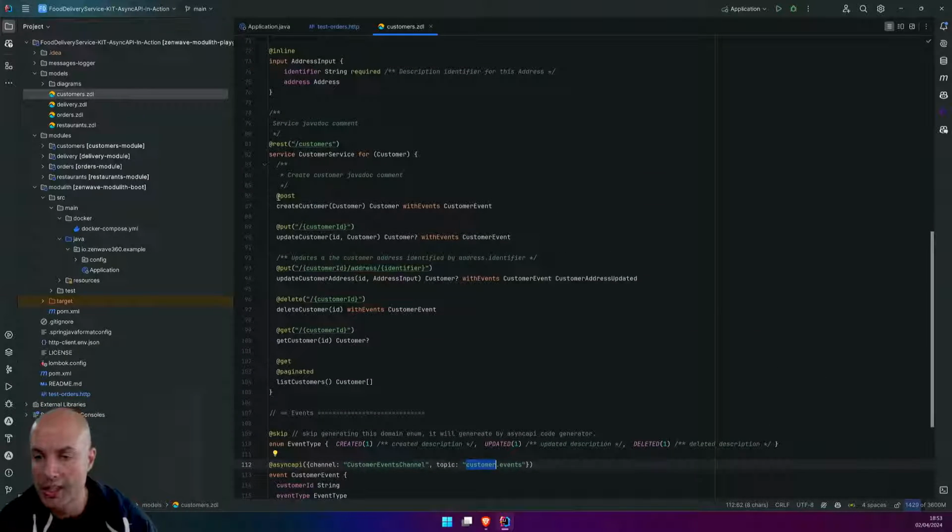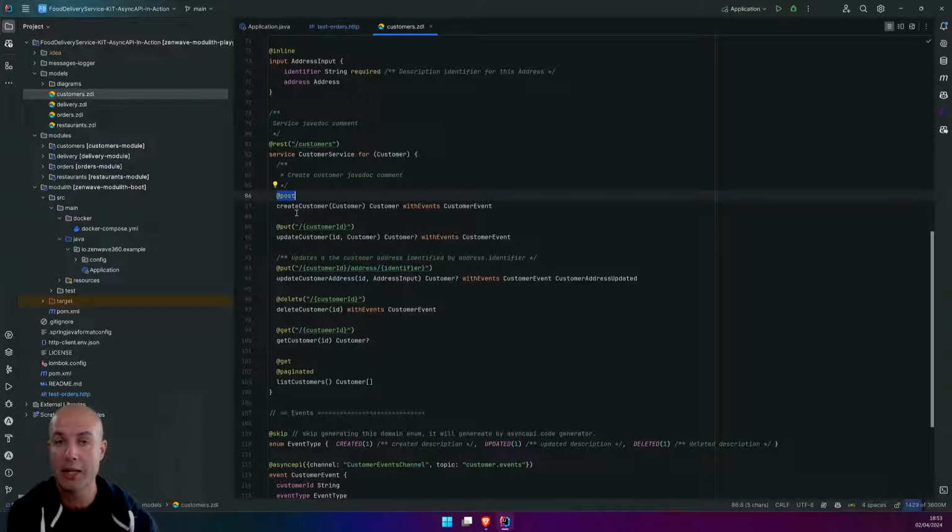And as you see here, each of these service commands describe the inside of your application. This is not a REST API, but it comes with some REST annotations. These REST annotations serve two purposes. One is to document how the inside of your application is connected to the outside world.